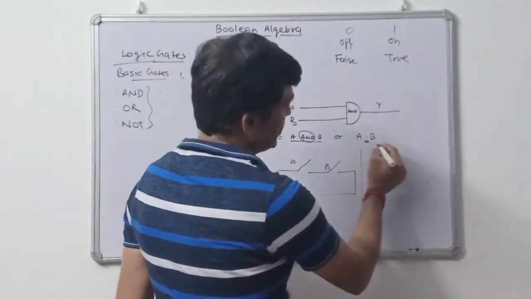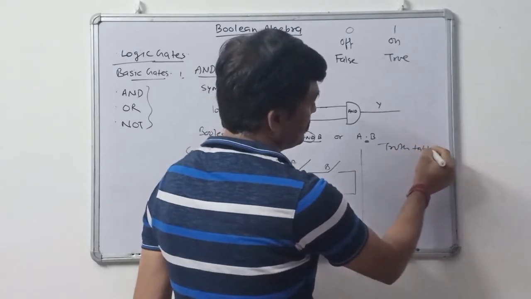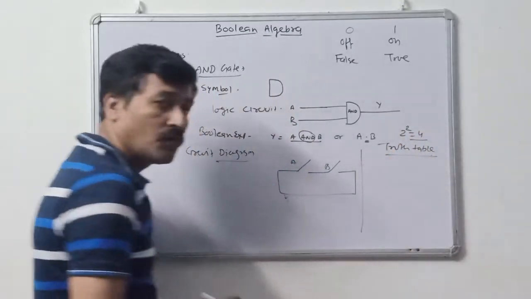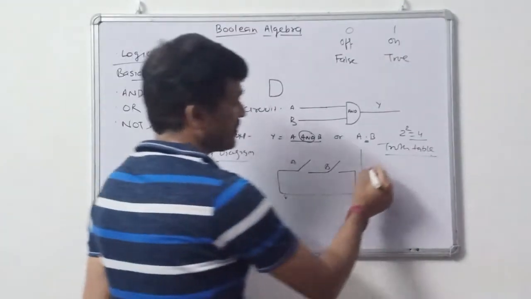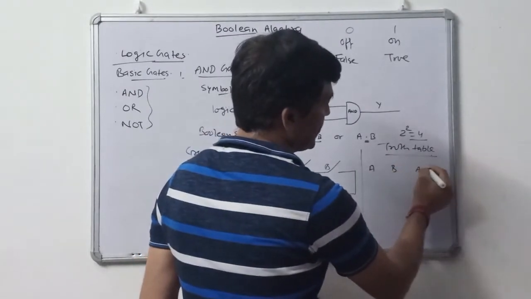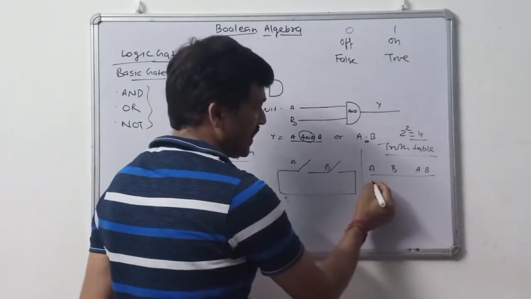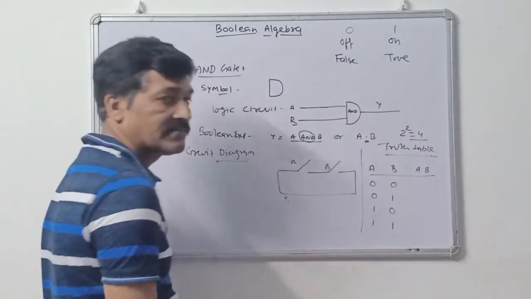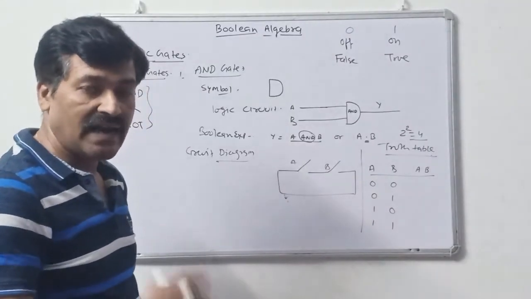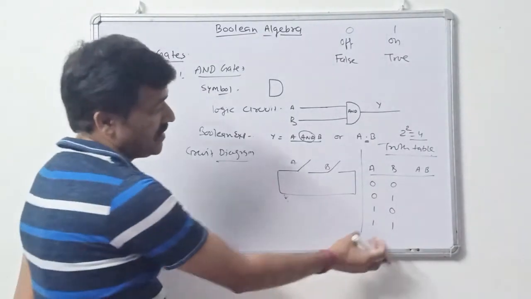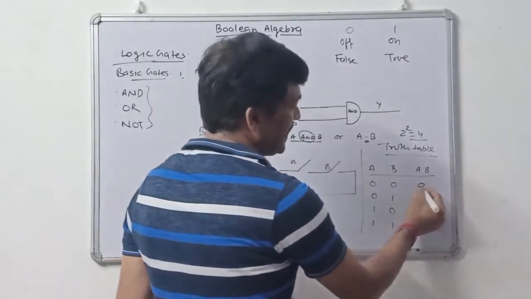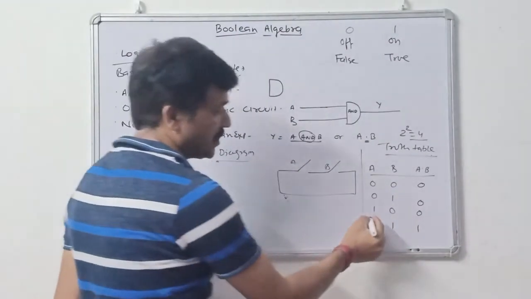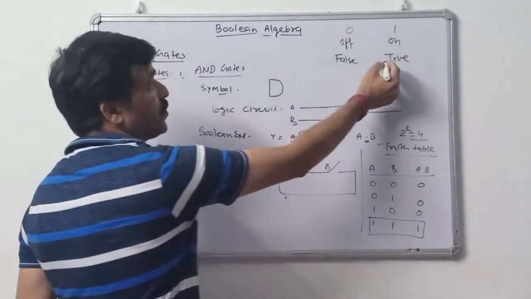As a truth table, two inputs are passed, so 2 to the power 2 equals 4. Four possible combinations can be made. Two values A, B, and the result A and B. The possible values are 0 0, 0 1, 1 0, 1 1. The AND gate will return true when both the inputs are true. So in every case it returns 0, and only when both the inputs are 1 as true will it return 1.